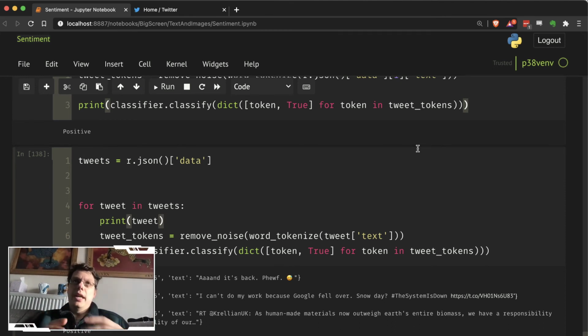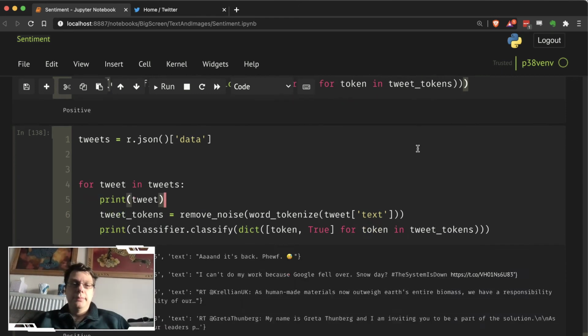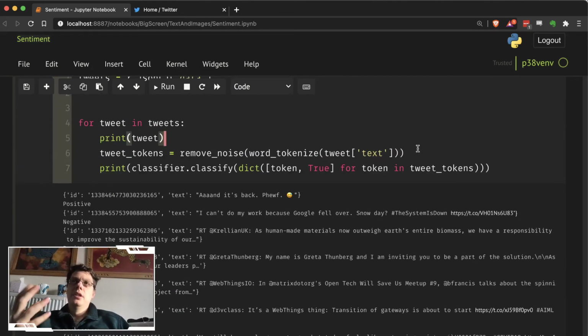So you do need to be a bit careful about AI being biased towards your sample data. If you are only an English speaker and you've only picked English tweets, you'll introduce bias by only having that sort of bias in there. Also, 5,000 short messages is not a large sample size in the grand scheme of things when you think of all the things that could or couldn't be positive, and sarcasm.